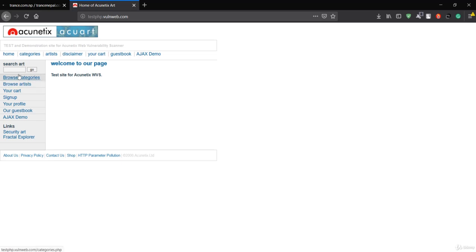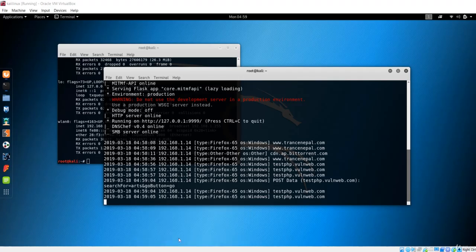So let's test for this website, which is the test website. If I just search here something like arts, and if I just press go, let's go back to our Kali machine, and you could see now we have this POST data right here, and the POST data is for this website, and we have searched for arts, which is perfectly correct because we were writing something over there. So let's search for another site.